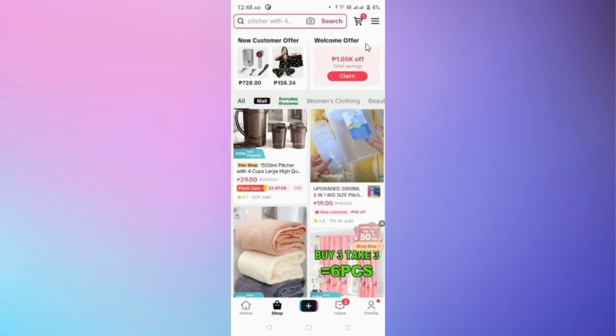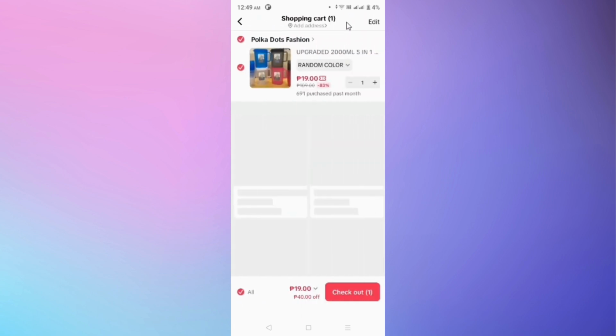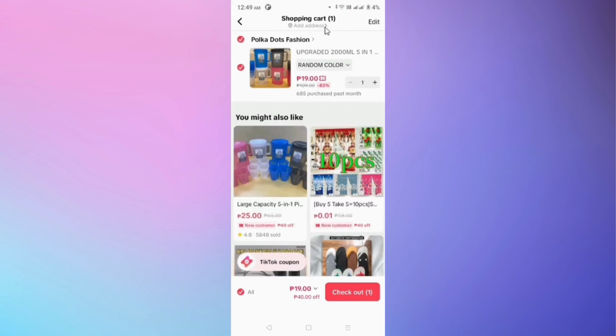Additionally, if you want to check out the item, just go to cart at the top section and select the cart, and then check the items you want to check out and then tap checkout.